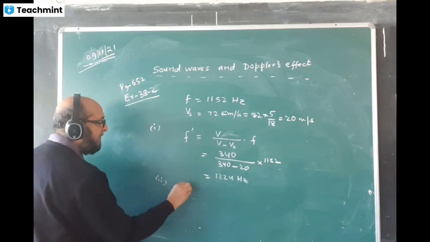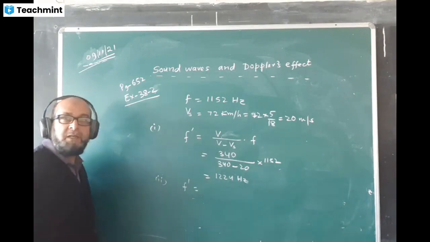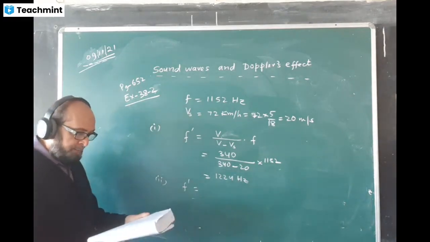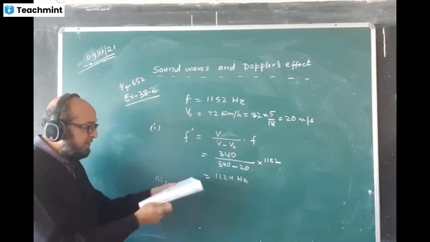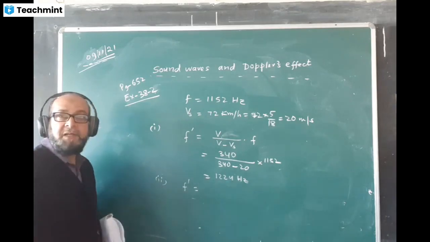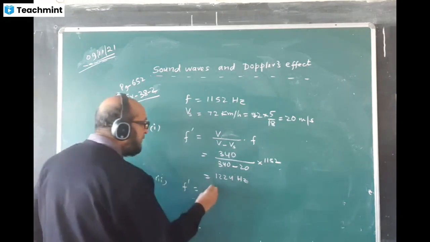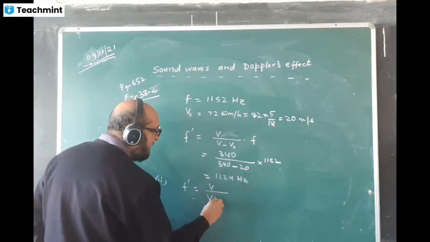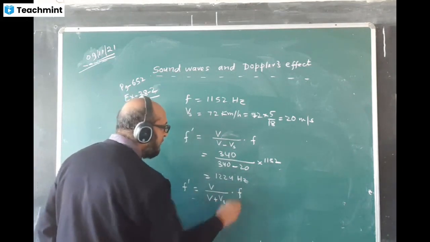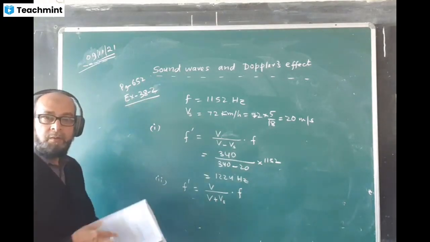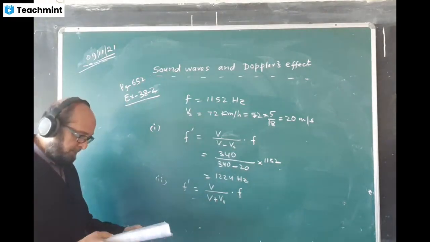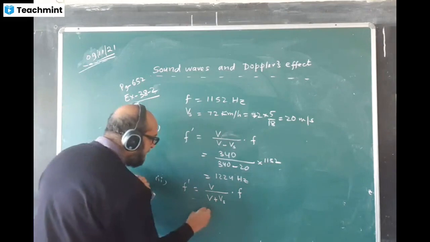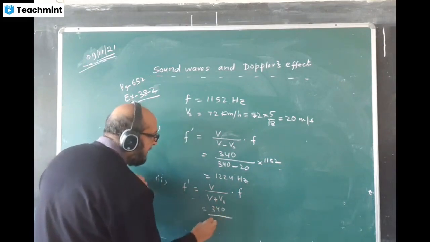Case 2 now. Again f dash, because the observer is at rest in both cases. Now the train is leaving the person. When the train is approaching, we have this answer. When it is leaving the observer at rest, the direction of the source will change, and it will become V plus Vs. The direction is changing now. So now we will find the answer. This is coming 340, and this will be 3